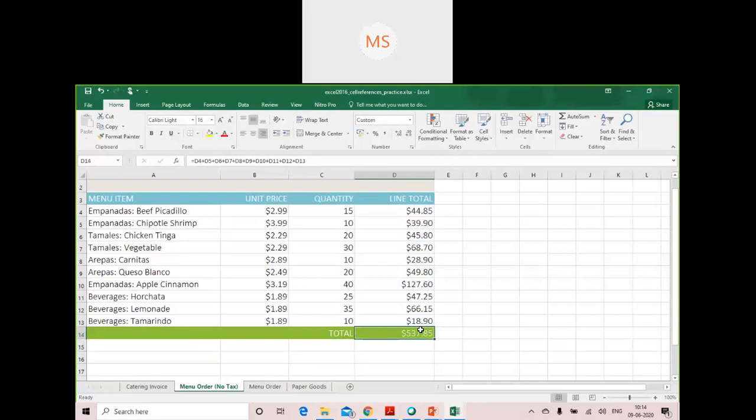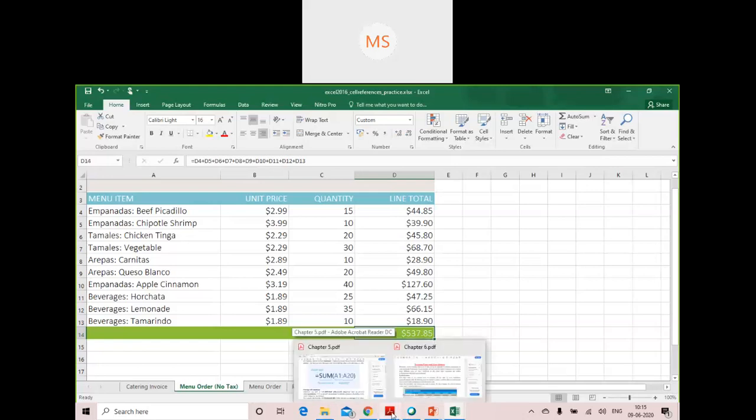So instead of that, that process can be eased just by making use of some inbuilt functions which will allow you to add multiple cells together without adding each cell individually. You can collectively add all the cells together, and that is possible with the function. Is that clear to all of you?